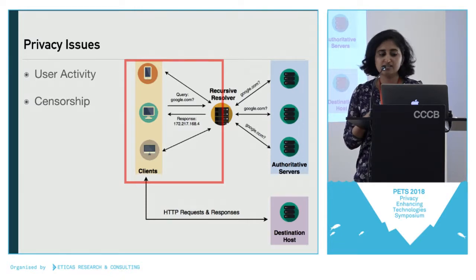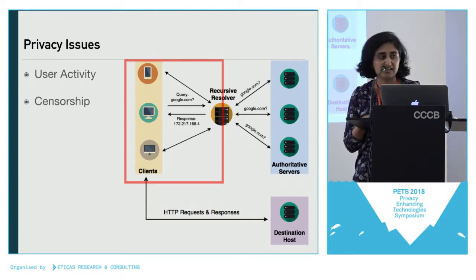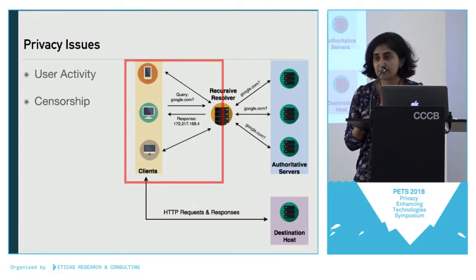This gives eavesdroppers an extra channel, in addition to the link between the client and the destination host, on which they can learn more about the activities performed by an end user, such as the browsing history. Another thing is that DNS is used to implement censorship. Parties such as ISPs can look at DNS queries that are performed by clients